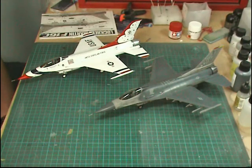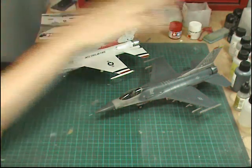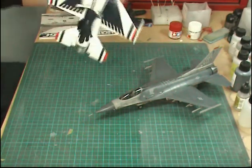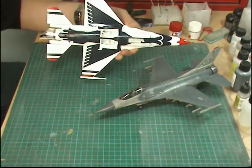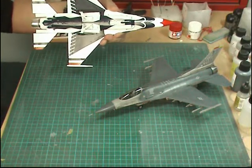I hope you've enjoyed the build. Obviously we've covered quite a lot with this. You know, it is an 8-parter, and there's going to be a few little bonuses on the disc as well. Obviously we've done gloss work on one, combat colours on the other. Personally, it's a lot easier doing combat colours than it is doing the gloss work on this. As you can see, the underside's absolutely fine now on this one. That blue, just by hand painting it in, took care of all those little problems, and we're all okay with